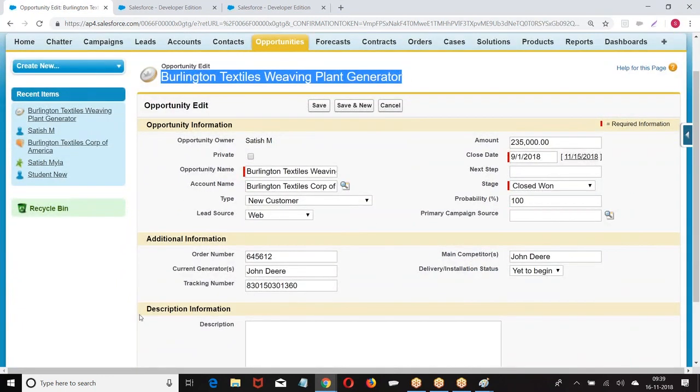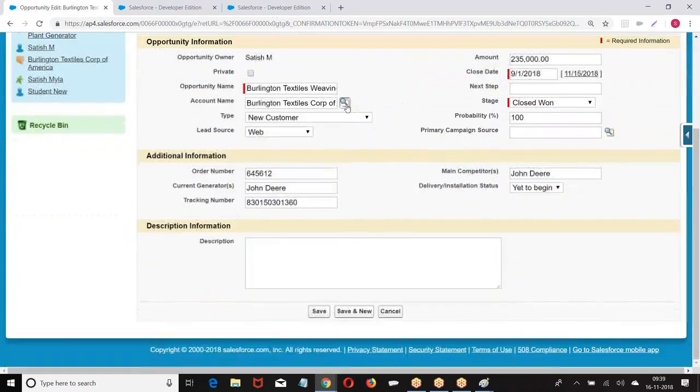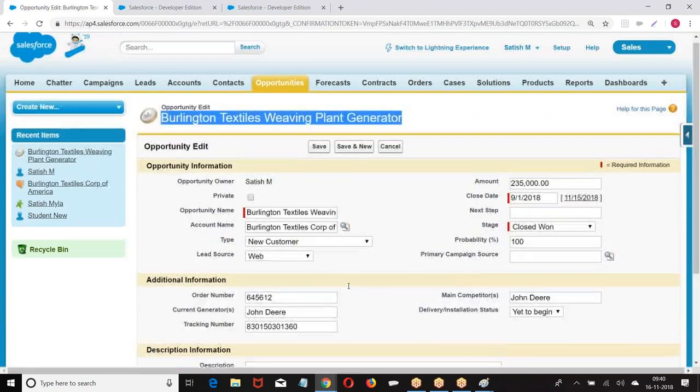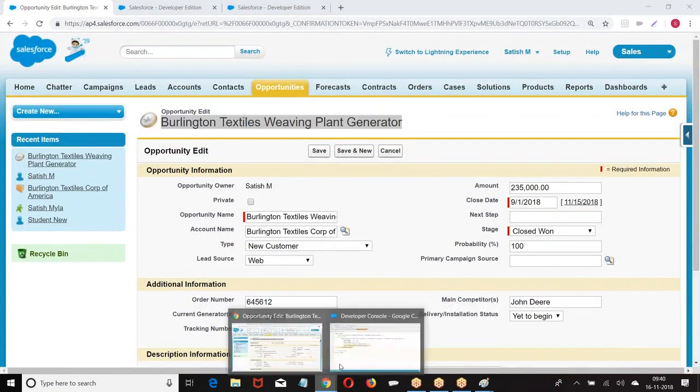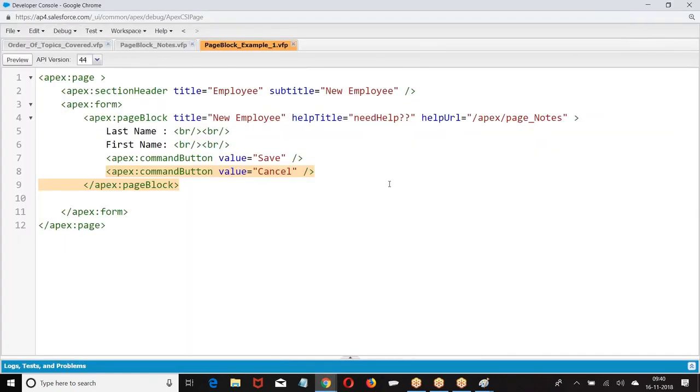What was this? Page block. Now where are the buttons displayed? Right, on the header. I don't want to display the buttons in the body. I want them displayed on the header or footer. Then how to design it? There is the next element. Are you comfortable with this program?